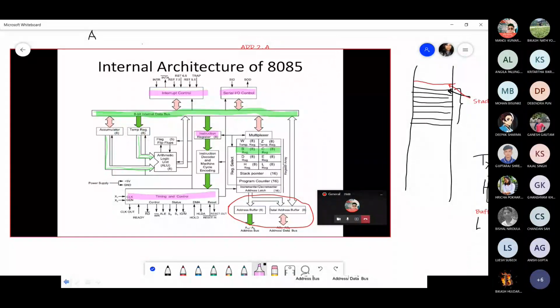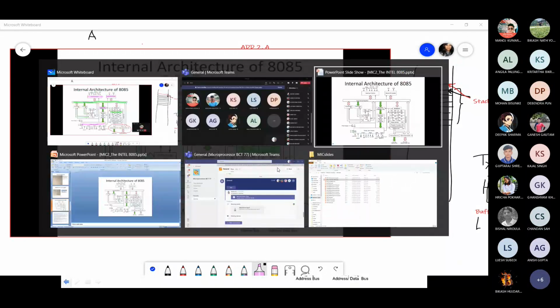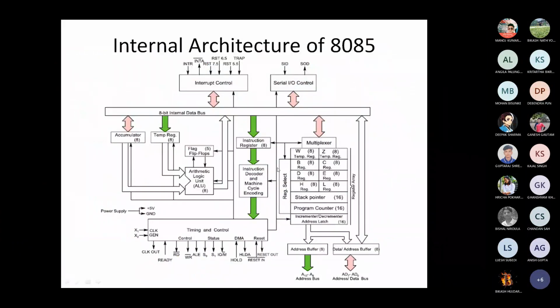Similarly, we have other registers B, C, D, E, H, L. We have the program counter and the stack pointer. Program counter carries the address of the next instruction to be executed. Stack pointer points to the top of the stack. Similarly, the instruction register contains the current instruction being executed, and the decoder decodes it. That's all about the summary of the internal architecture of the 8085. Now we move on to the